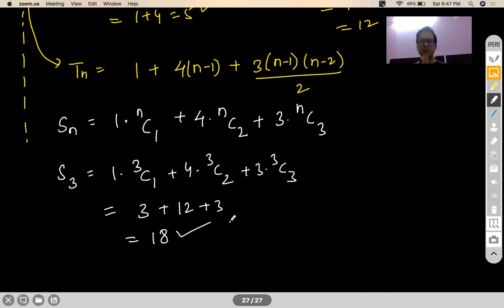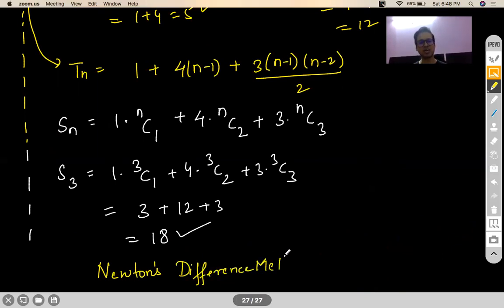Now this approach is to be only used in competitive level exam to save your time. If at all a question like this comes in your school, which is very unlikely, do not use this method. Okay. This is called Newton's difference method, also called the delta method, because you are working on the differences. Delta means the difference. Is it fine?